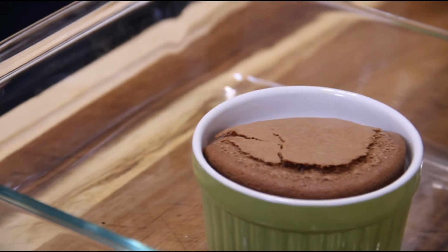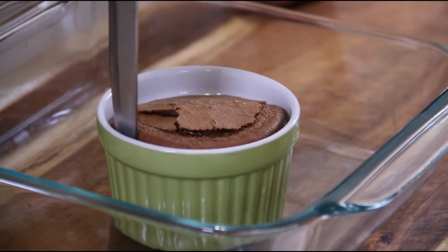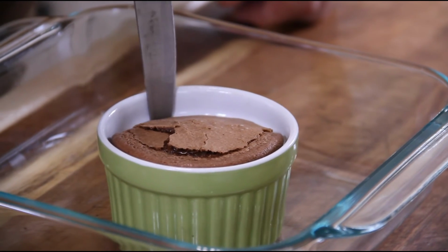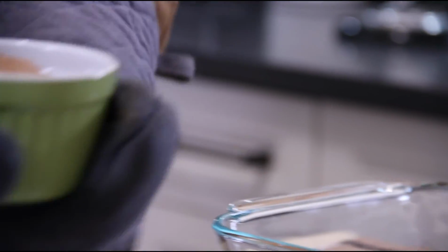Okay, after 14 minutes, we're out of the oven, my friends, and this looks really good. I'm just going to let this cool for a few minutes. After about 5 minutes of cooling, it's beginning to pull away from the edges. Just going to run a knife around the edges just to make sure nothing sticks. So I'm just going to take it out